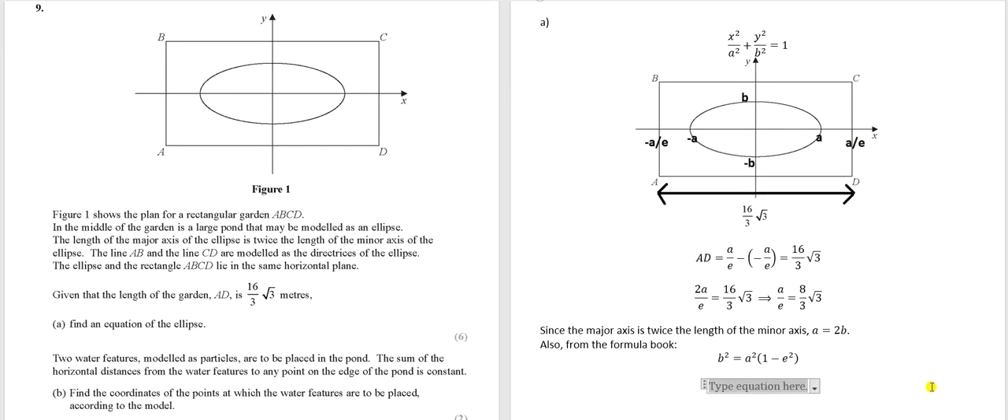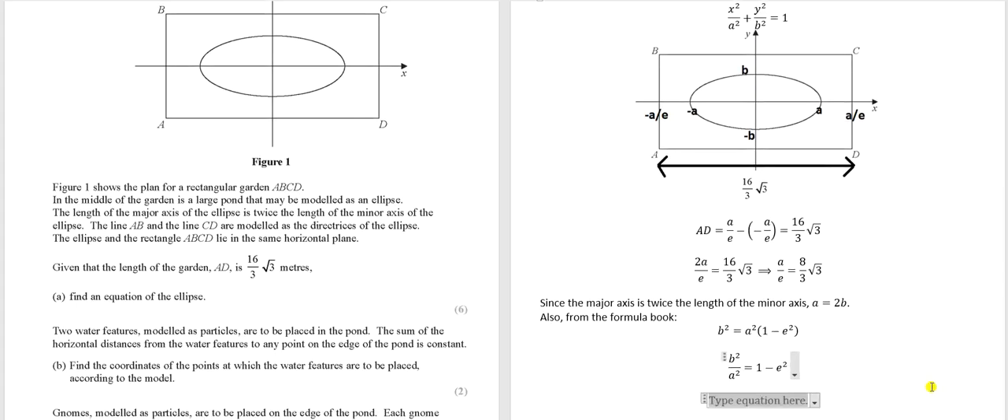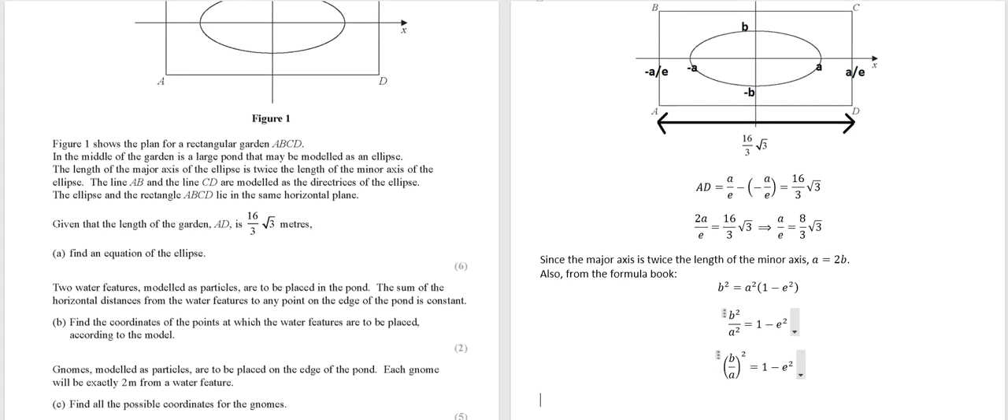Now, probably the simplest way, since we're looking for the equation of the ellipse, we don't necessarily need the eccentricity at this point. What we care about is the value of A and the value of B. So let's see if we can find a way of eliminating E. Well, for a start, we've got B squared over A squared equals 1 minus E squared. And this might be the simplest, in fact. B over A,